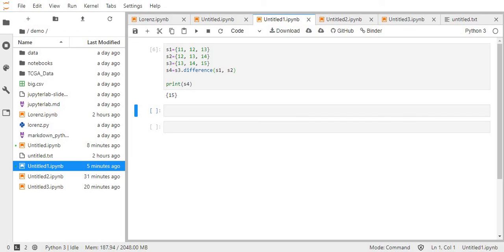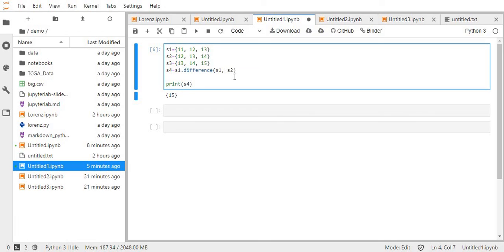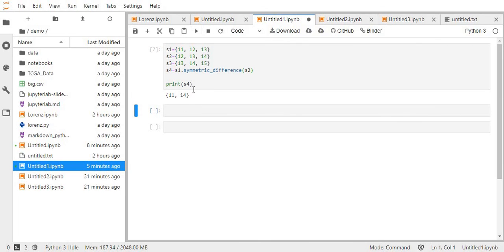So if I take S1.symmetric_difference(S2), I'll get the set of 11 and 14, which is the required set. And in this, it doesn't matter if we take S2.symmetric_difference of S1 or which order those are in, because it's going to give us the differences from both sets altogether.